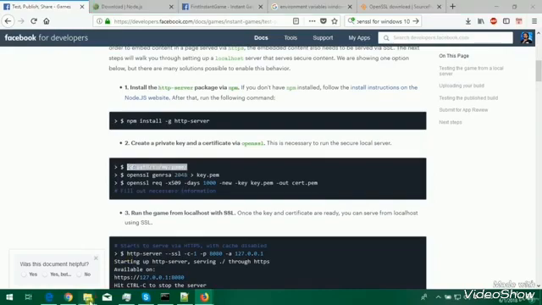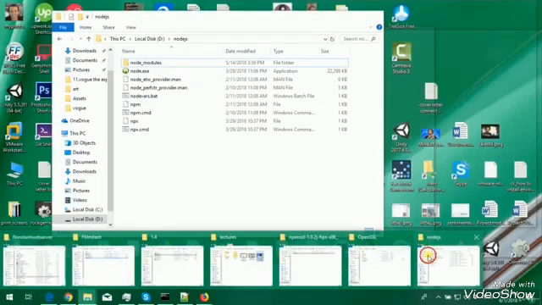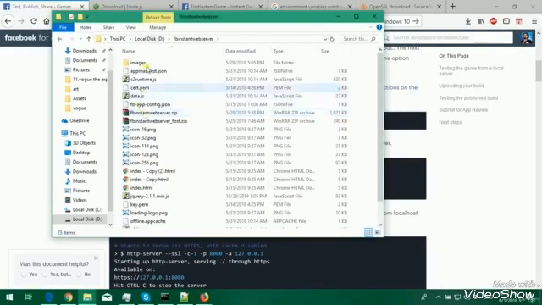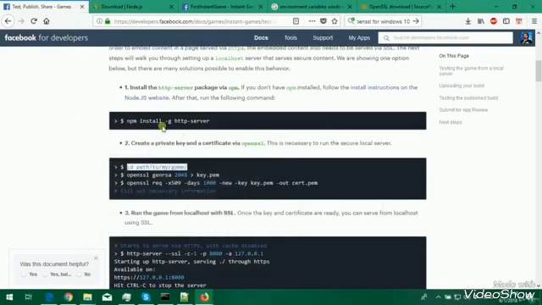I've already did this, and my game is on this folder, FB Instant Web Server. This is the installation of HTTP Server 2, and after that you have to